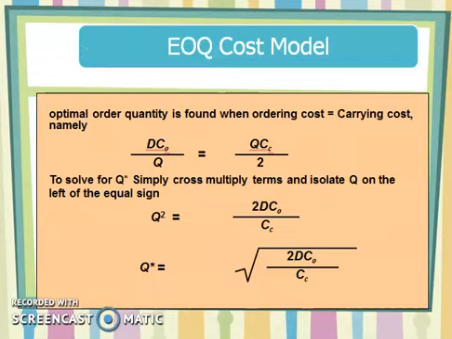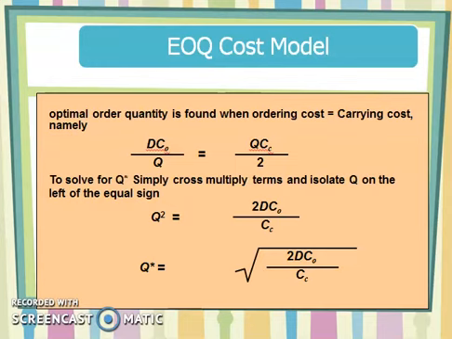In the next step, the third step, we were required to make ordering cost equal to the carrying cost, because we know that optimal order quantity is found when ordering cost is exactly equal to the carrying cost. So D by Q times CO is equal to Q by 2 times CC. To solve for Q star, that is EOQ, simply cross multiply terms and isolate Q on the left of the